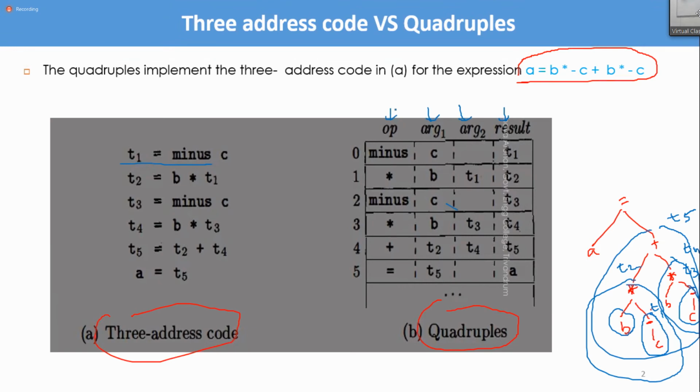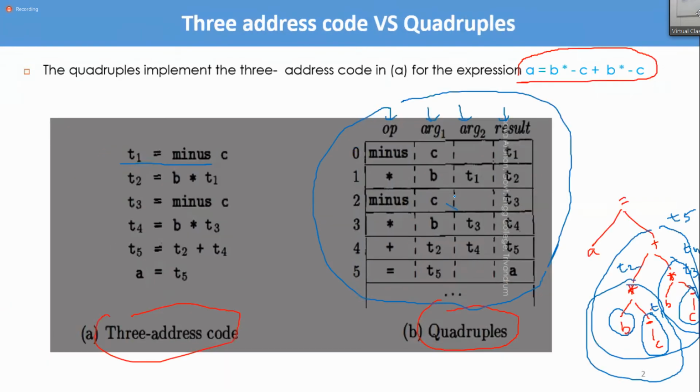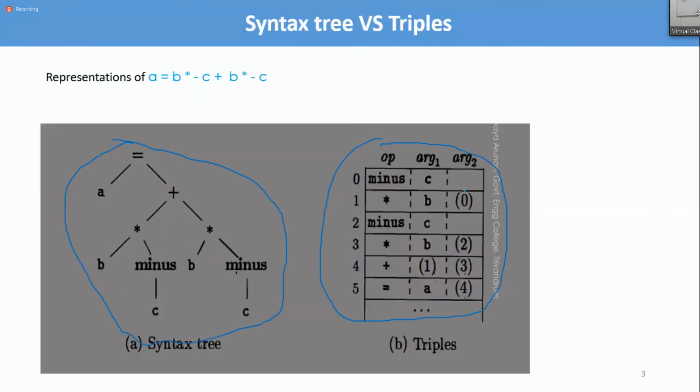So everybody knows, if somebody gives you any expression, you can always write a quadruple from it, from the parse tree actually. That's what I am mentioning here: this is a parse tree, and from this we get triples. Triples can also be used, but rather than having other temporary variables, I can store the addresses of the arguments we are using here. I can use any of the addresses, that kind of thing.